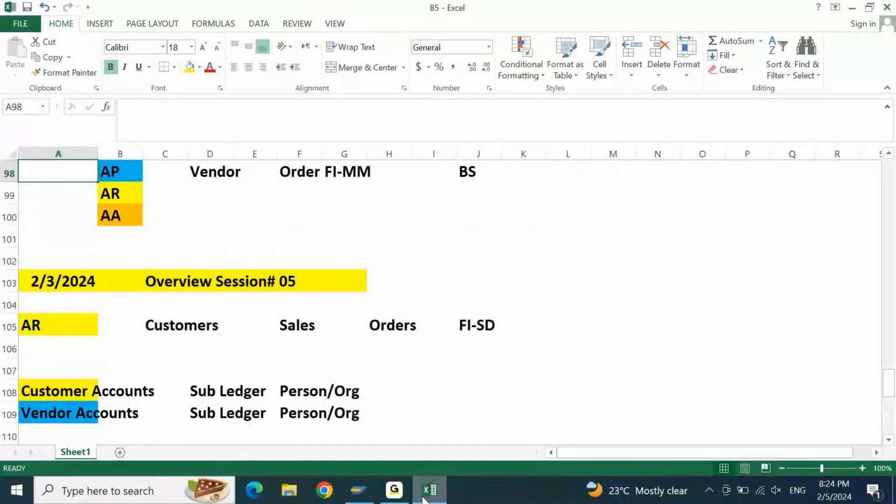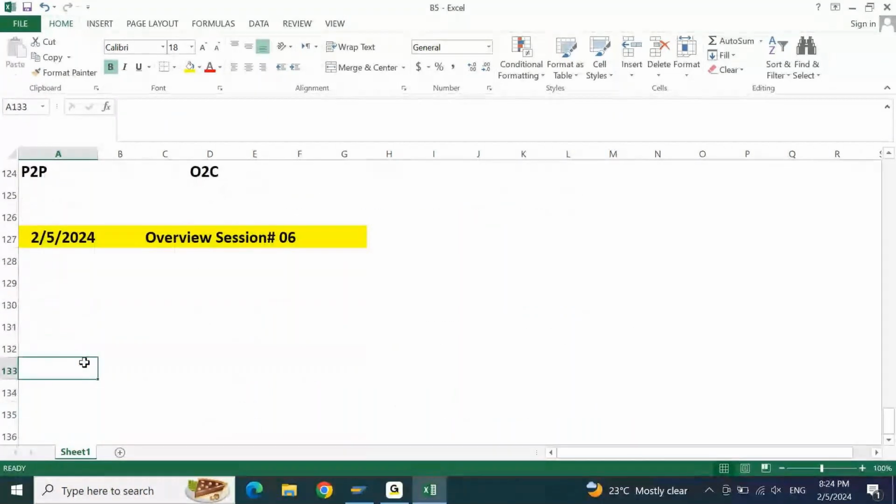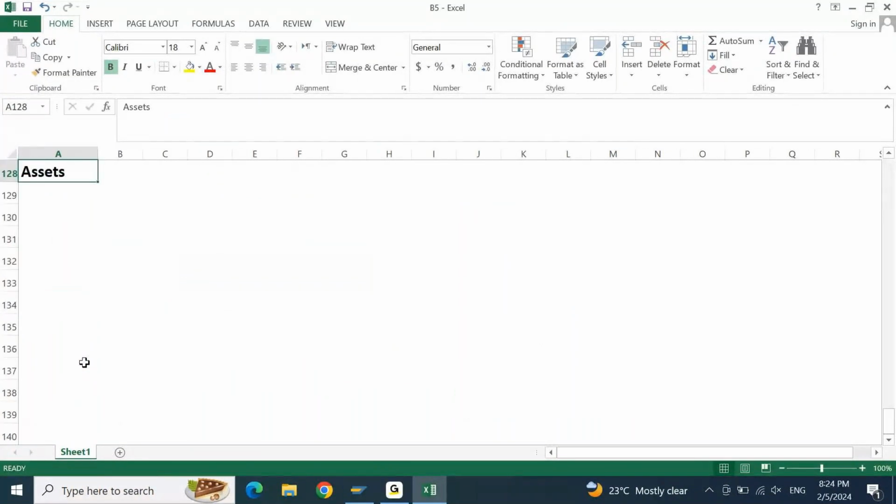Okay, in the last session, we understood accounts payable and accounts receivable. Now let us try to understand another point related to assets. This is again one of the key topics related to SAP FICO, wherein most of the people say that asset accounting is a tough one, tricky one, complicated one. In fact, this is the easiest one in your FICO.